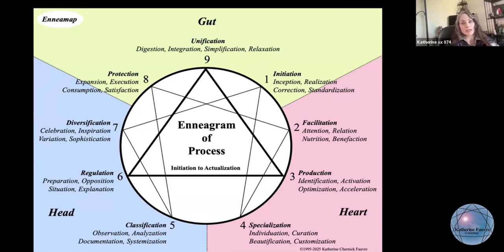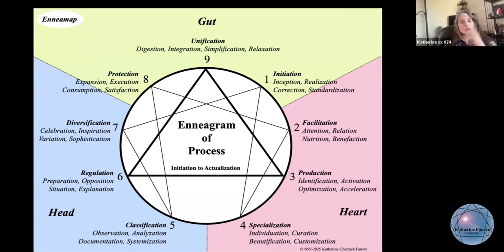And how do you get to that? Well, you have to have the concept, and then you have to have some sort of insight about that concept. And then you have to correct any errors or flaws in that concept. And then you have a set of principles that are the way you standardize something. And then you have something in place that's more solid and more universally usable in terms of systems.